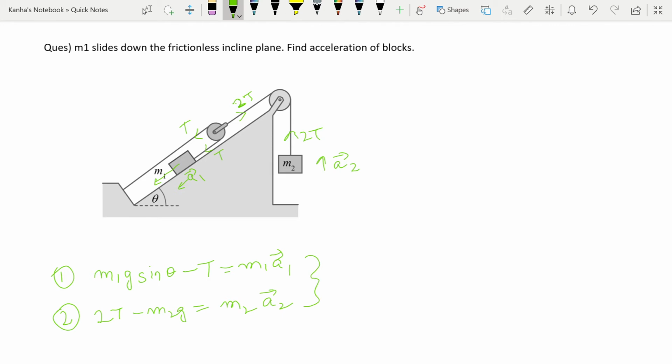These are the two things that you should keep in mind. And if you've done the analysis before, you will know something about the principle of virtual work. By the principle of virtual work, we see that A1 is equal to 2 times A2. Using these three equations, you can easily solve for A1 and A2 in the system.